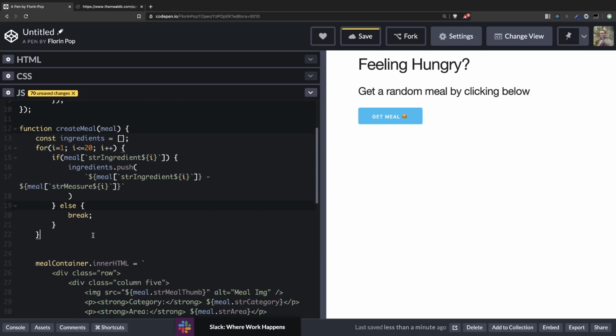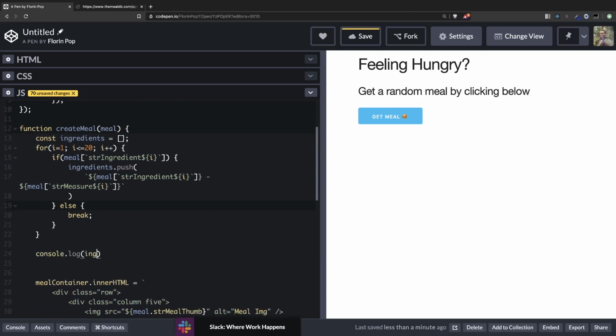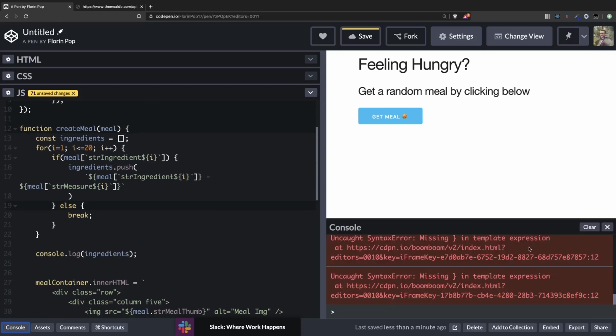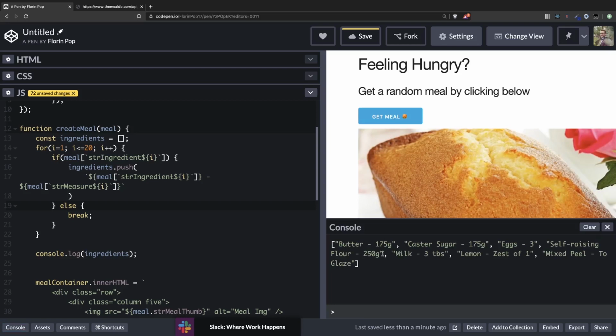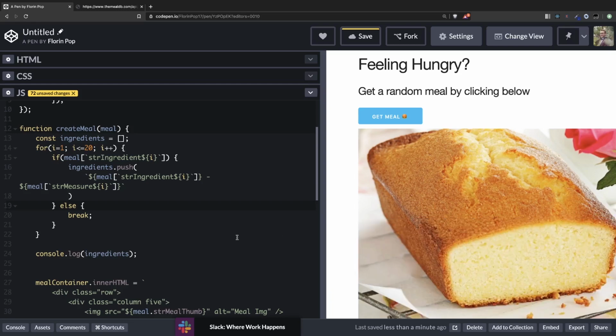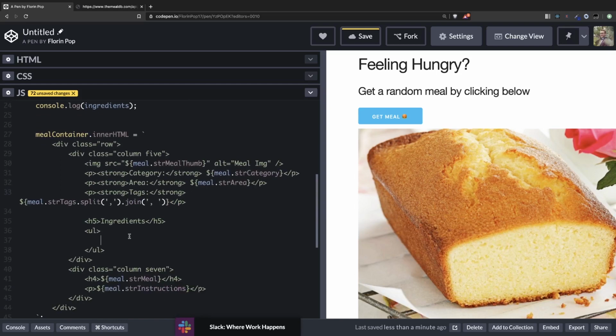Good. Let's see what we have here in the console. Console log ingredients. If we did everything correctly, clear this, okay, and if we get a meal, we can see nicely we have butter, 175 grams, and so on. All the ingredients with the measure in an array. So we can use this data here. We can loop over the ingredients,